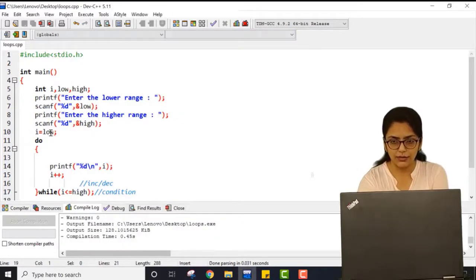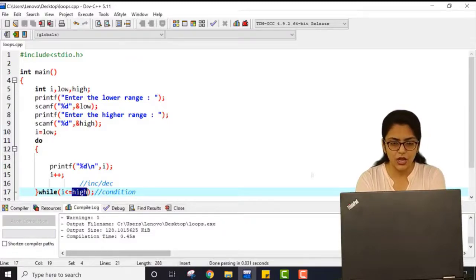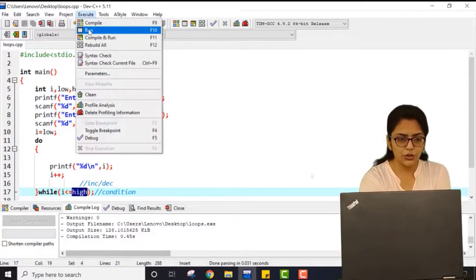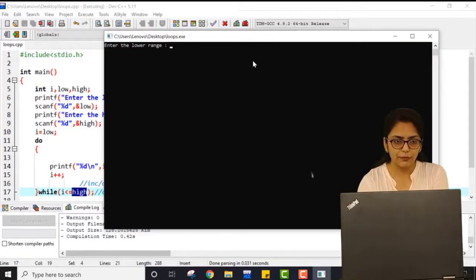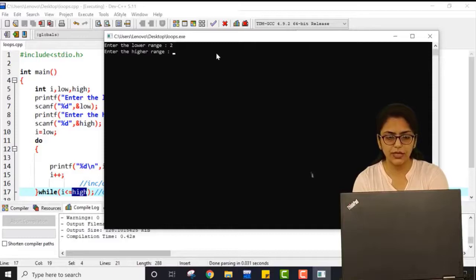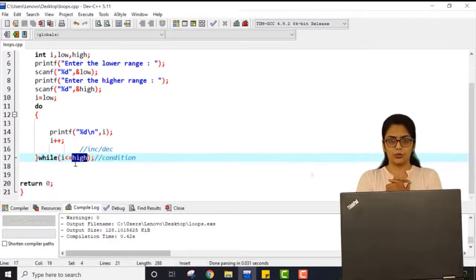Let me close this first, and here I am entering the low value. Now I am checking a condition. If I save this program, compile it and run it again, I am entering 2, and the higher value I am also entering as 2, so it is printing 2.